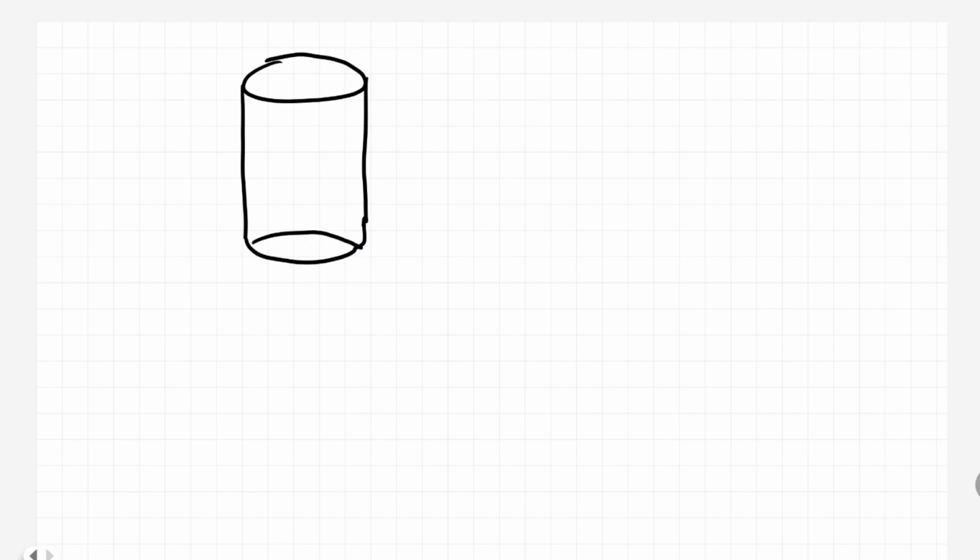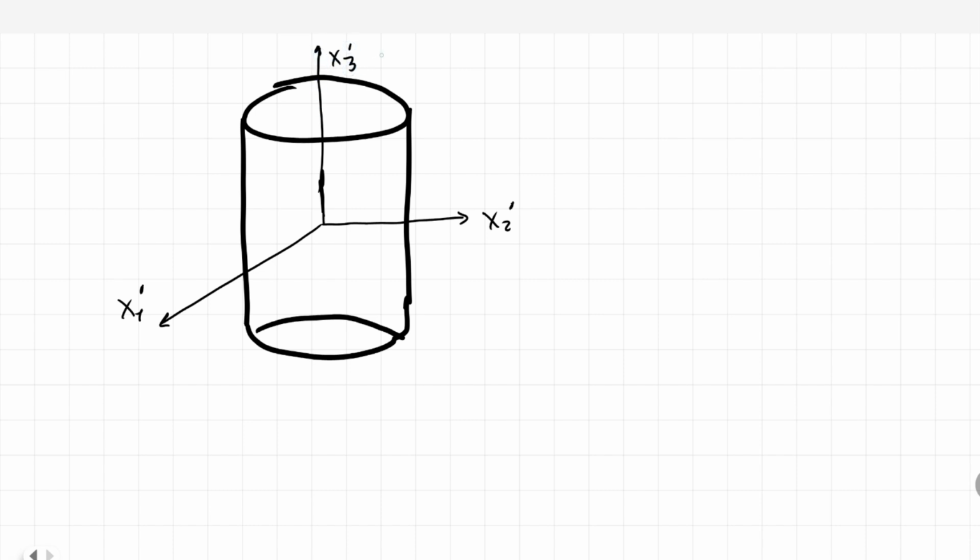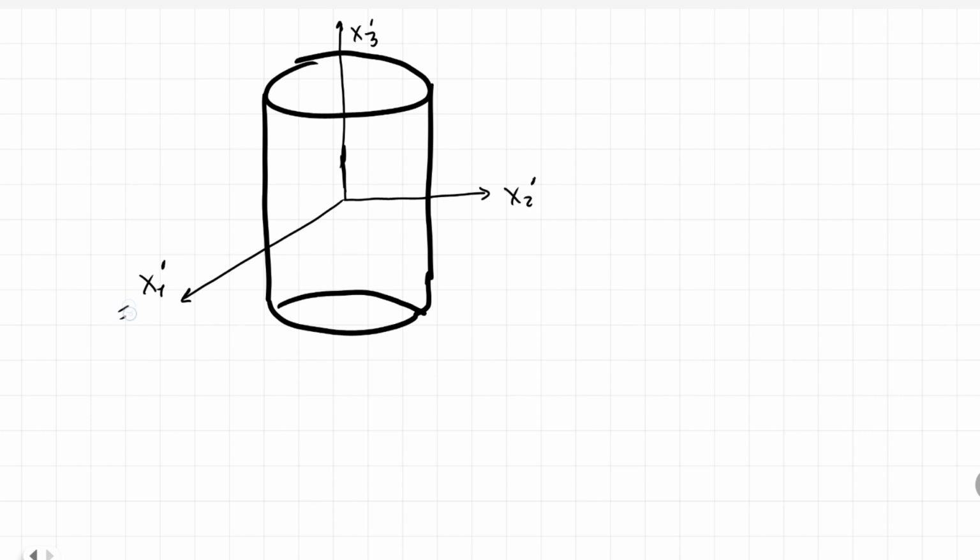Okay, and we are going to locate the coordinate system in the center of the cylinder, like this. We are going to use the same notation that we have been using to denote the primed coordinate system. So for example, this will be the x1 prime axis, this one will be the x2 prime axis, and this the x3 prime axis. As you can see, we can identify easily that this corresponds to the x, this to the y, and